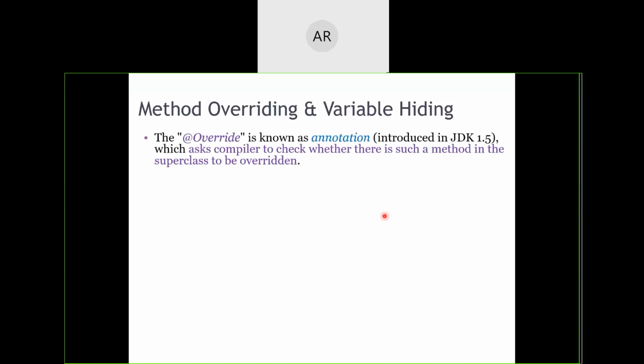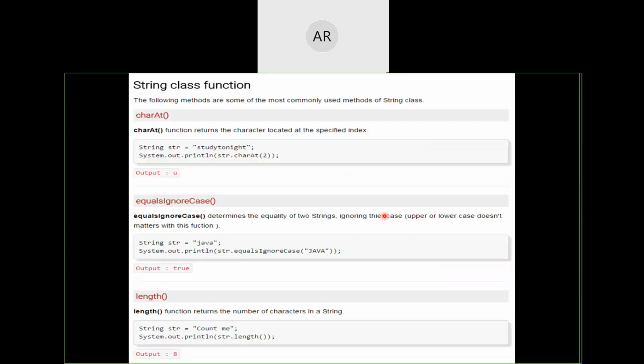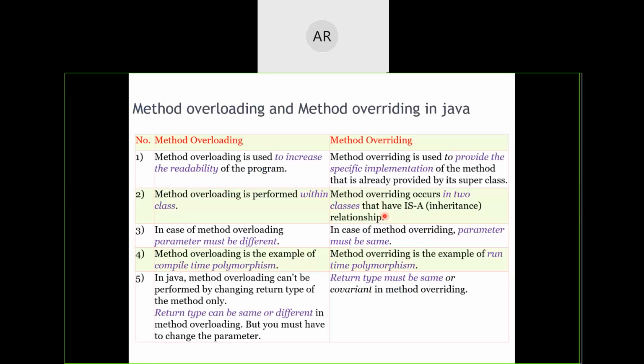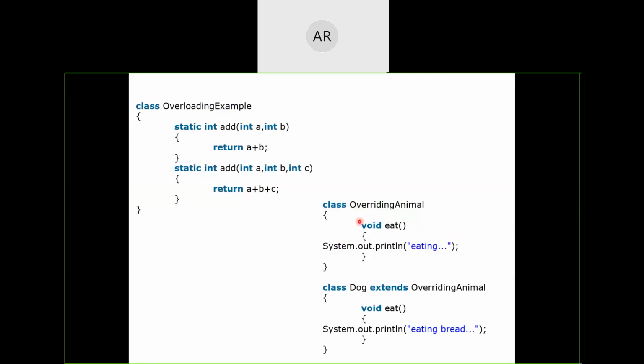Method overriding is the concept wherein, if we get back to that one, just a minute. In case of method overriding, the concept was we have one method in the superclass and we have the same method in the subclass also with the same name. So if I make an object of this particular subclass and try to access object dot eat, then it will access only the subclass's eat function.